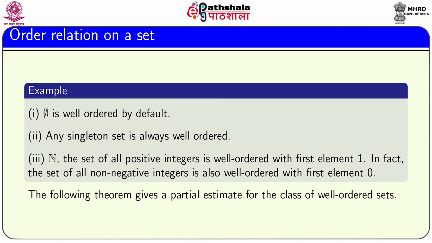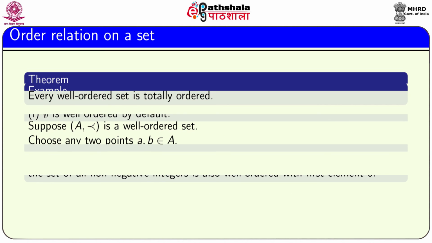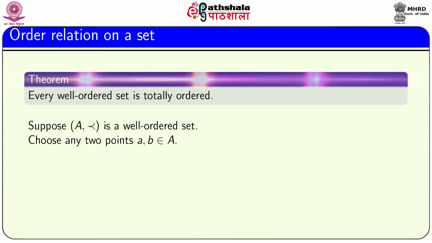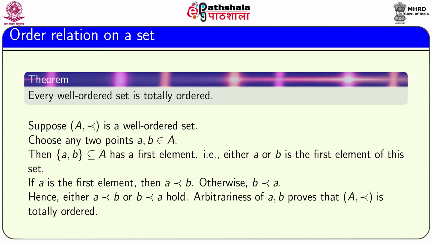Now, the following theorem gives a partial estimate for the class of well ordered sets. It says that every well ordered set is totally ordered. Suppose we start with a well ordered set A with a relation less. Choose any 2 points a and b from the set A. Then of course, the set consisting of only 2 points a and b is a subset of A,